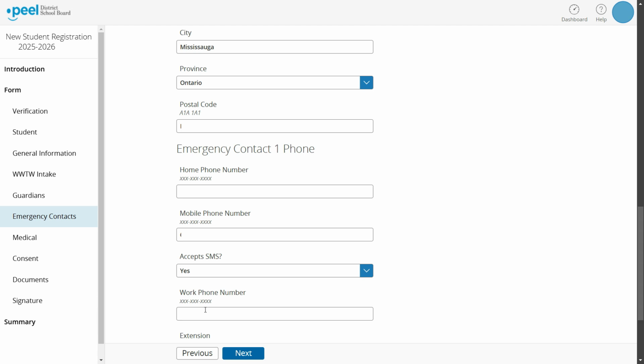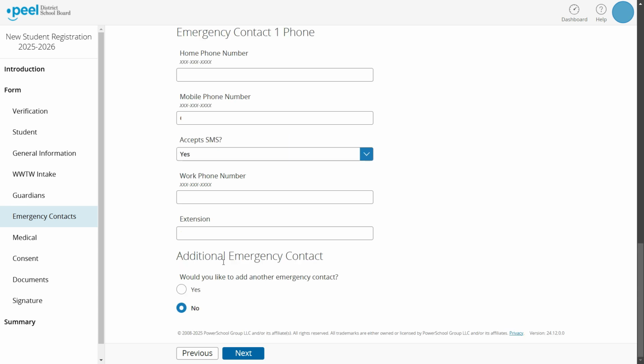And when you're entering the phone, make sure you enter in this format. Okay, this hyphen will also have to be put. That's how the phone number will get accepted. You'll get to see when you're filling in the detail. Let's go down. Then in case you want to add any additional emergency contact, you can say yes and fill in the detail again for the second person. If not, choose no and then click next.